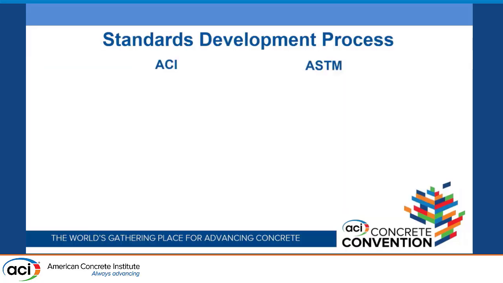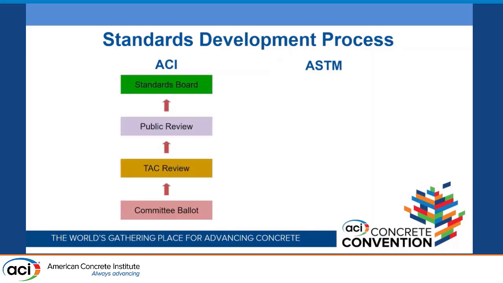So let's look at what we mean by the standards development process. In ACI, the process begins at the committee level. They develop their draft, they ballot it, and once they've come to an agreement, then it goes to the TAC review, Technical Activities Committee, who checks for conformance with the format of ACI documents, and also to make sure that everything makes sense and is logical and there's no contradictions. After TAC gives approval, and the committee, well, TAC will have comments that the committee has to respond to, and then TAC will approve the committee's response to the TAC review, and then it goes to this public review process